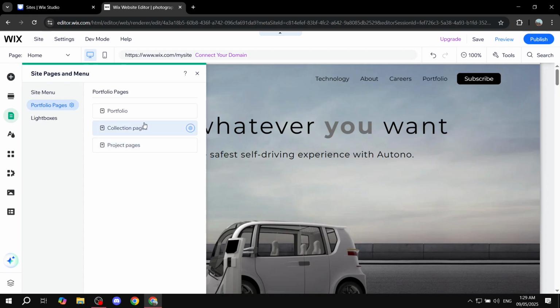Now I'm going to ignore these two because I find this one more than enough. It's going to show both collections and projects, so I don't really see the use for the other two. But this is our main focus, which is the portfolio page. So let's just go ahead and start adding our own projects to that, and then we can actually see how